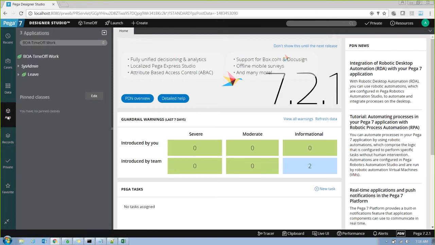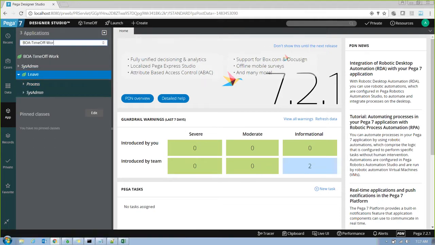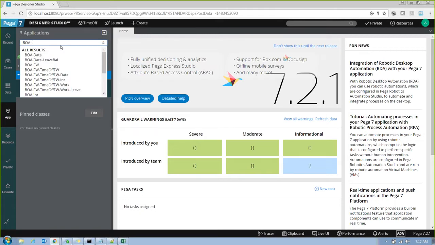Okay. So under App Explorer, you'll find your class and the rules under it. So this is one class. The leaf icon indicates it's a class. And there's another child below it, which has some rules and restrictions. So this is implementation. But if you erase this, you'll find many classes here.